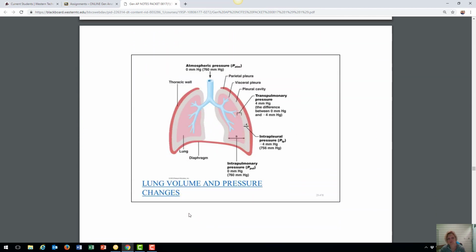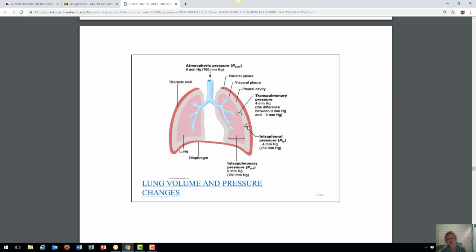So when we look at how air moves in and out of the lungs, it has a lot to do with pressure and volume changes. And when we look at pressure on the outside of the body, that's equal to 760 millimeters of mercury. That's atmospheric pressure. But if we just set that number equal to 0, so we'll just use the numbers outside the parentheses. So if the pressure outside is 0, then we know that the intrapleural pressure, the pressure in this space,